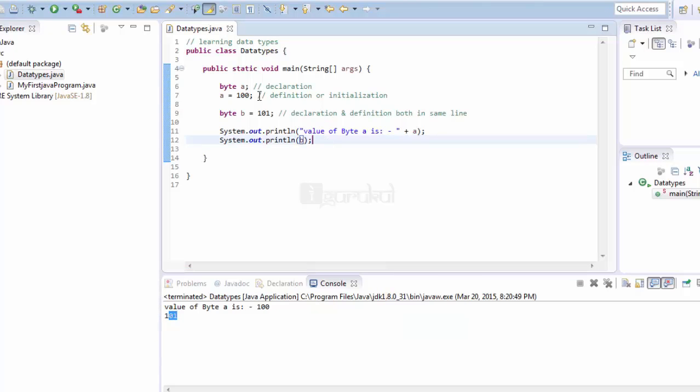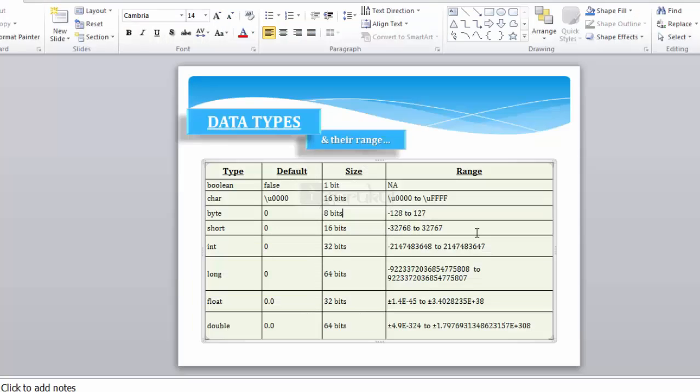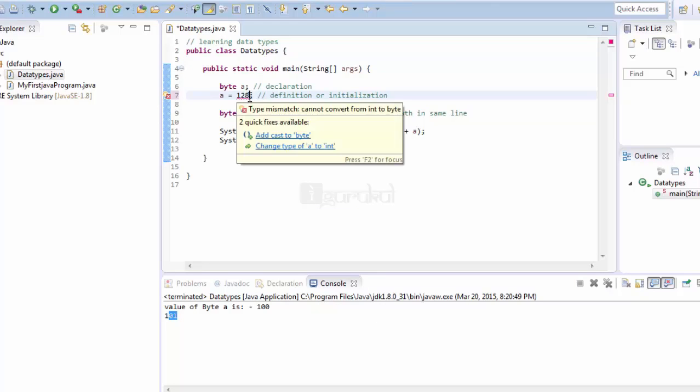Let's check the range of byte. Let's change the value of A to 128. See, it has given me an error: Type mismatch, cannot convert from int to byte. Why is the error? Because as we have studied, byte has a range of -128 to 127. So when it crosses the limit of 127, it will give an error because byte cannot hold a value of 128.